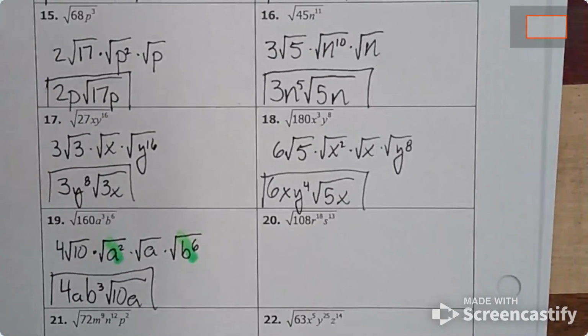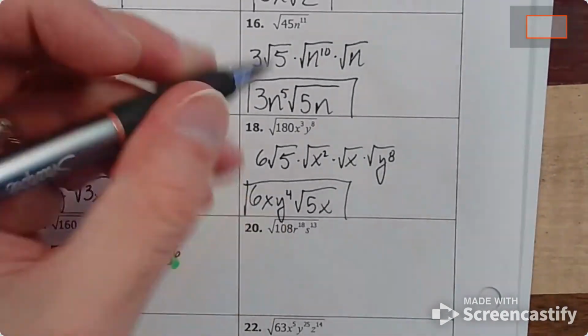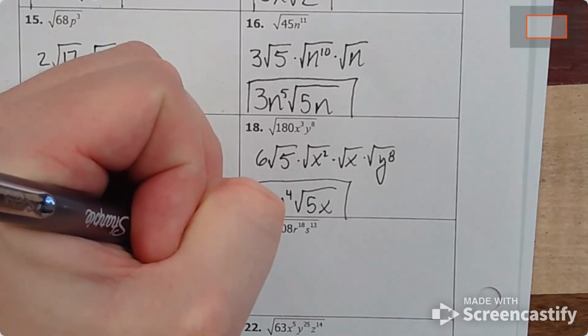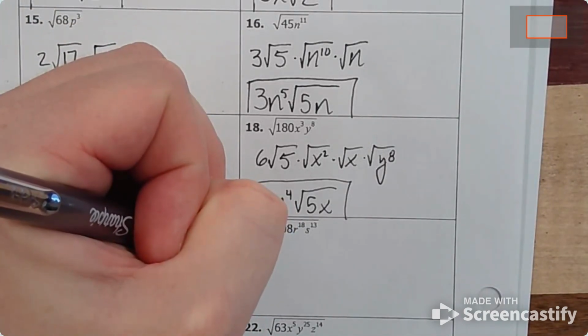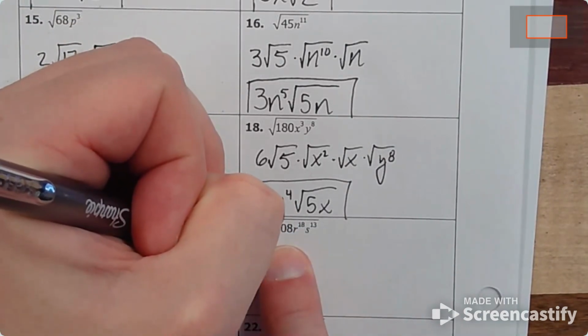Sure, yeah. 6r to the 9, s to the 6th, square root of what? So 108 reduces to 6 root